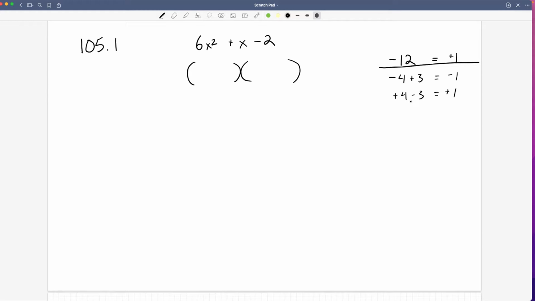So now we are going to factor these out. Actually, we don't do this just yet. Now we're going to look at this. We're going to say 6x squared. We're going to set this up with these as x terms. So plus 4x minus 3x minus 2. All right, so now this is the same value as this, but now we know the next step, which is to factor this, right? We're going to factor out this one